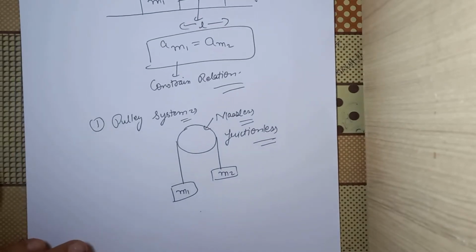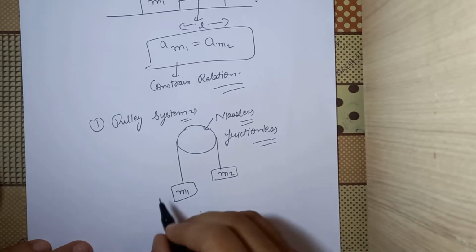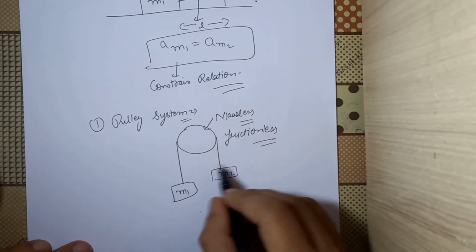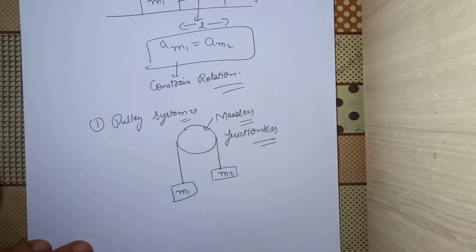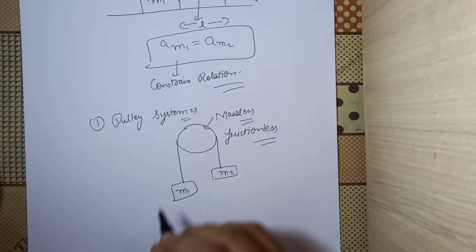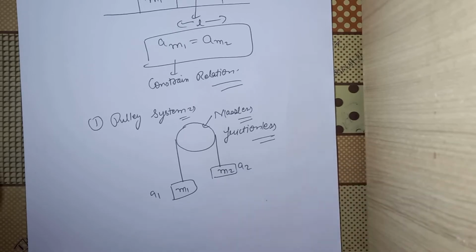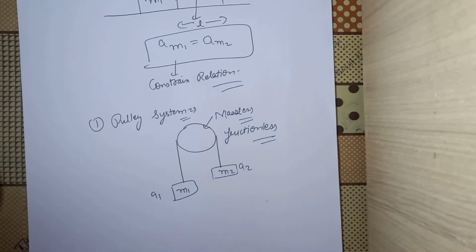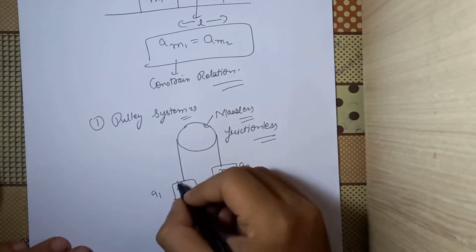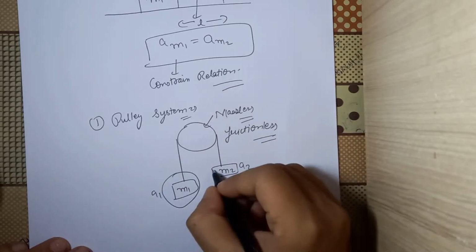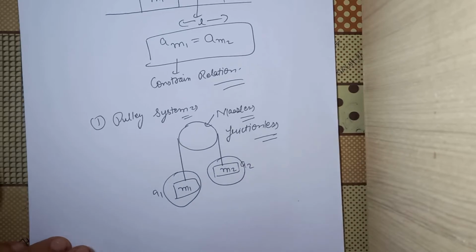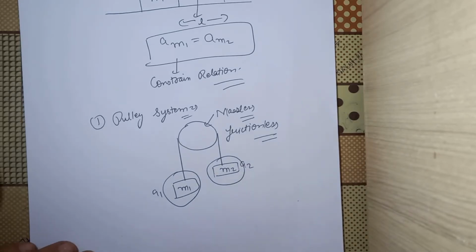So in the pulley systems, let's say we take a very simple pulley system where we have a mass m1 and we have a mass m2 here. Let us say that we want to find the acceleration of mass m1, a1, and the acceleration of mass m2, a2. Let us say that I want to do it the conventional way. I will write one equation for m1, then a second equation based on the FBD for m2. But how many variables do I have?